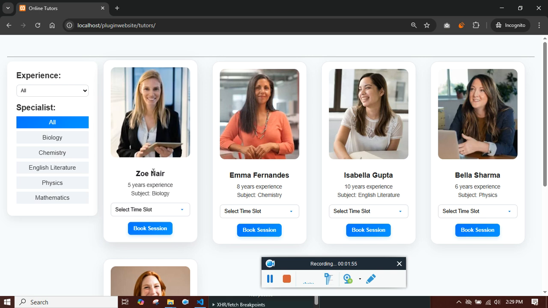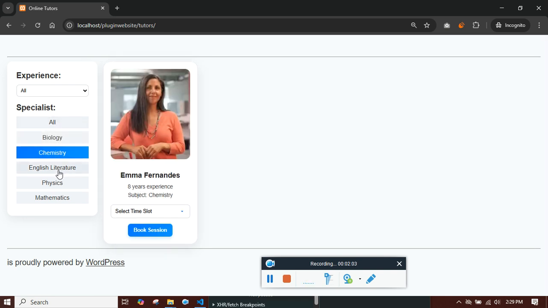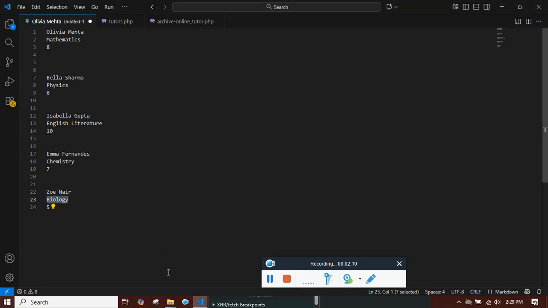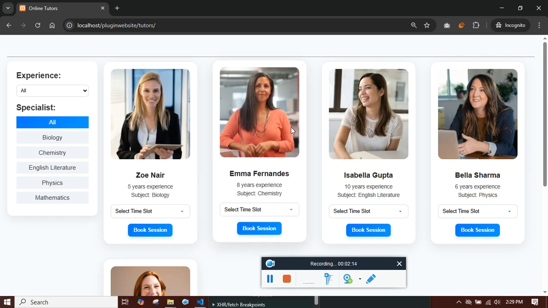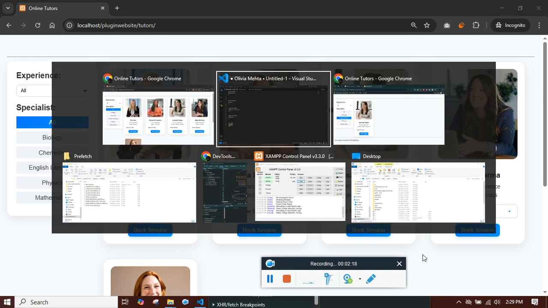So you see Zoya Nair has arrived on this particular page, and you can see, based on the specialist, you have a specialist filter also available. Cool. Now as an admin you would be able to add a teacher. As a student you can book any one of these teachers, and this information would be stored on the WordPress